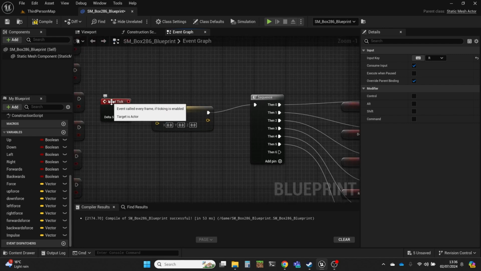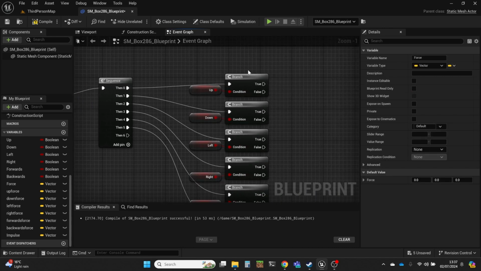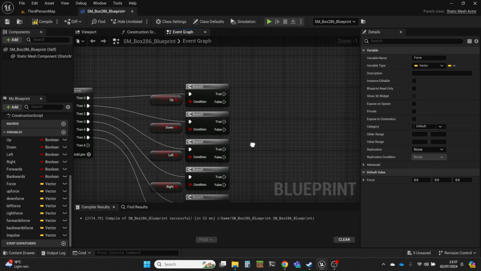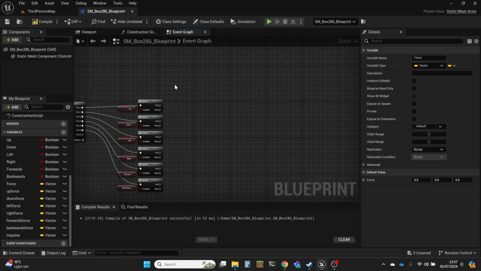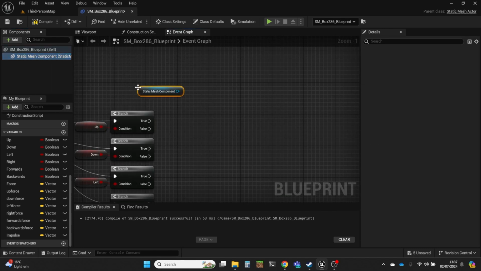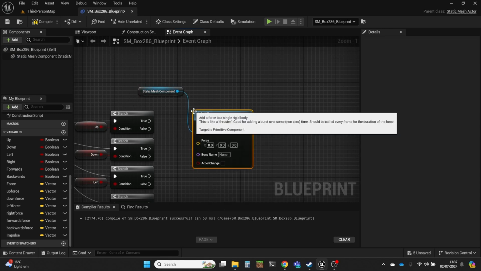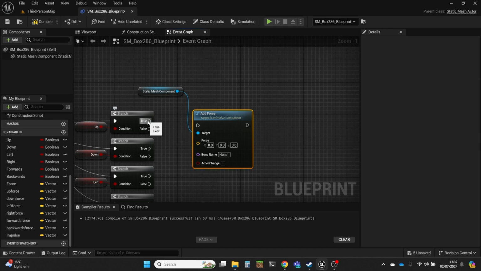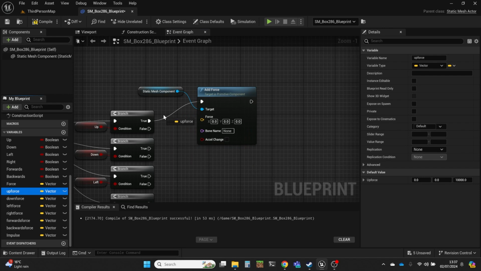I've then got an event tick, and what I want to do is to take those forces and apply them to the bot. So we're doing that in event tick. Again, that's just for future use. Doing a sequence, so I'm just doing branch tests of those 6 booleans. And what I'm actually going to do then is, I want reference to the static mesh component because that's the thing that's actually moving. And I want to do add force. And I'm just going to do one and then show you, and then I'll plug in all the rest. So I'm going to add the force, which is the up force, the up key. There we go.